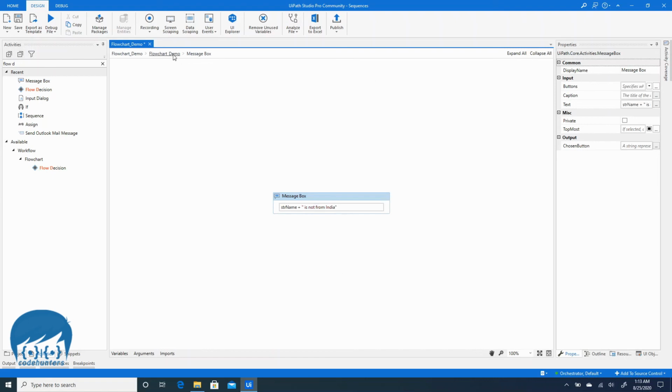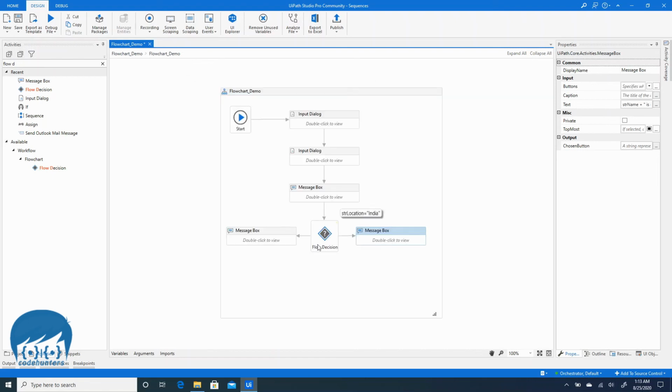And we will go back to our flowchart demo. Now you can see these are two different paths altogether. We can have two completely different logics in the true path as well as in the false path, which will be based on this condition of the flow decision.